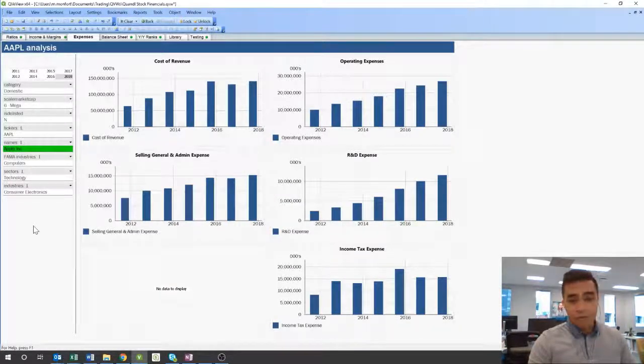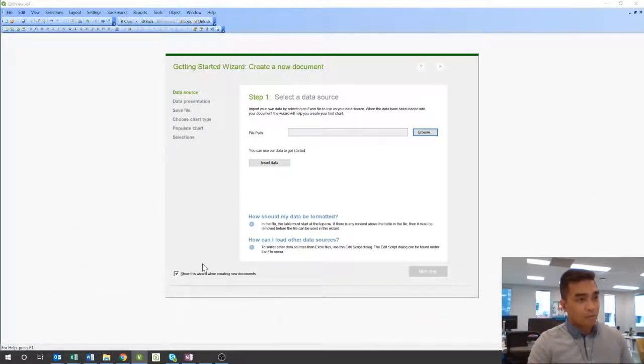So what I'm going to do is show you how to build something like this from scratch. So we'll go ahead and do that. Once you've opened QlikView,